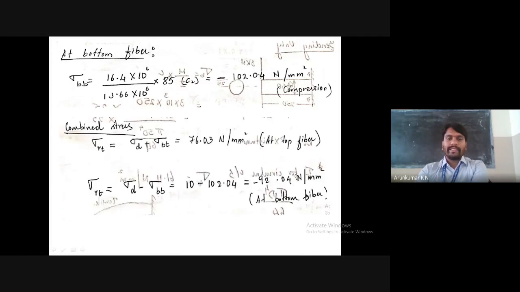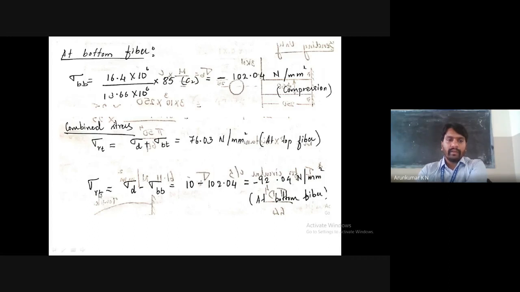Clear? Next, this is the combined load, that is, direct stress will be developed and bending stress will be developed. So we need to find out the resultant stress. How to calculate that? It is the summation of direct plus bending. Both stresses will be along the x direction, so we need to take the summation of that. Direct stress is already there. For the bending stress, you need to take the top fiber. The resultant stress at the top fiber is the direct stress plus the bending stress at the top fiber. Add that, and you get this at the top fiber.